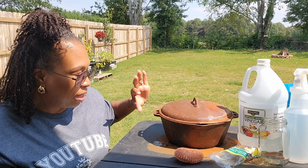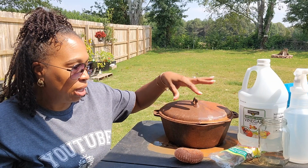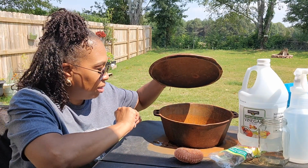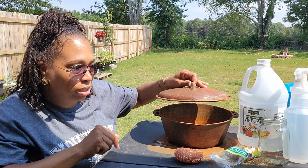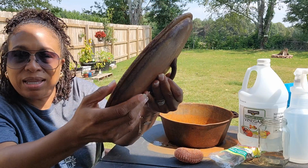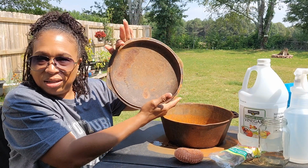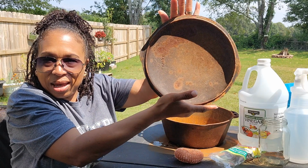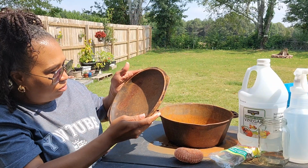I do know that this particular Dutch oven did not come with handles. It does have pouring spouts, and maybe it might have had a handle before and someone may have removed it, so I'm not really even sure. I hope you can see that. Maybe I'll have it more in the sunlight so you can see it, but this is what it's looking like. Hopefully you can see that. And I don't even know